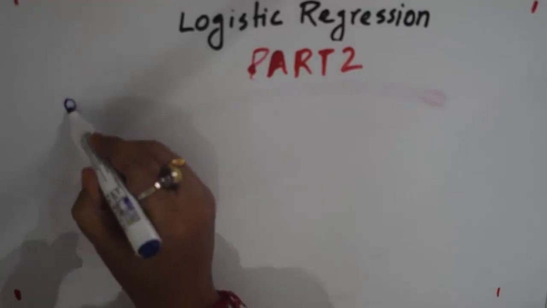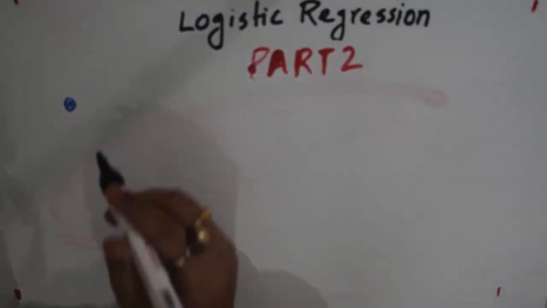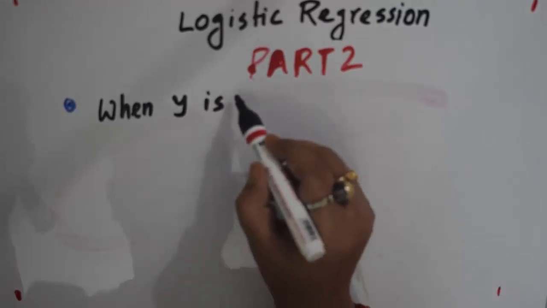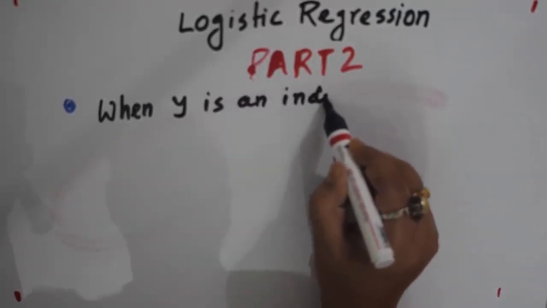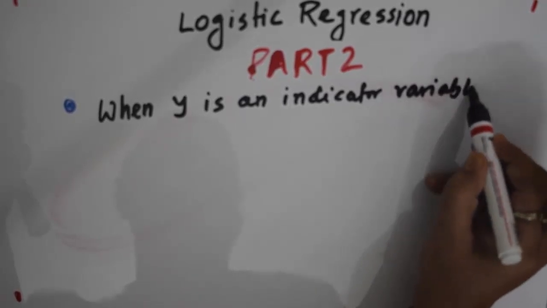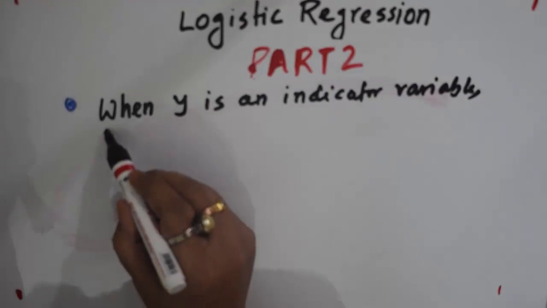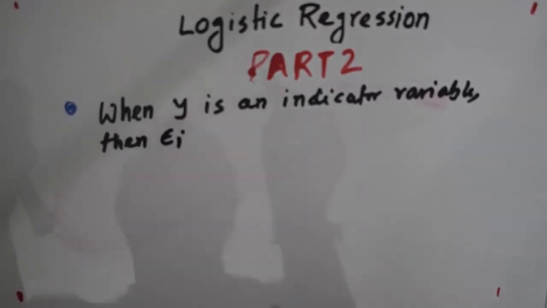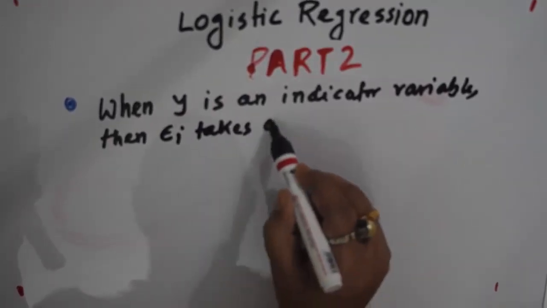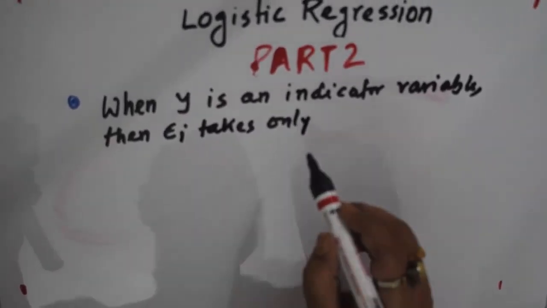In part 1 we observed that when y is an indicator variable, then epsilon i, the error component, takes only two values,